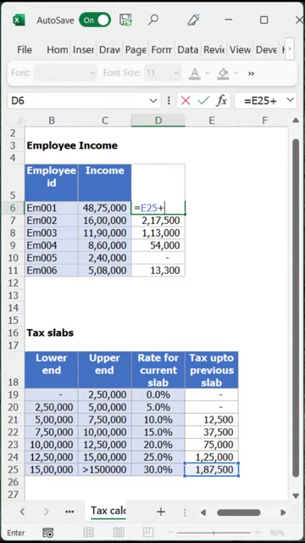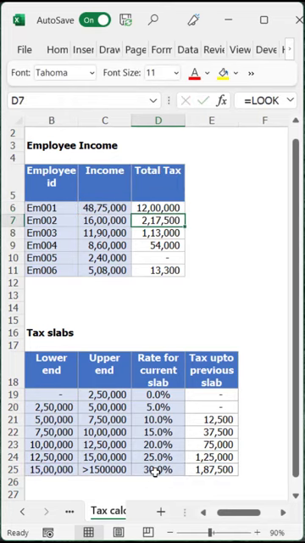This is the base tax for the slab, plus the income falling under the slab, which is going to be my income minus the base of the slab, which in this case is 15 lakhs or 1.5 million. You reduce that and you multiply it by the tax rate for the slab. This is going to be our answer.